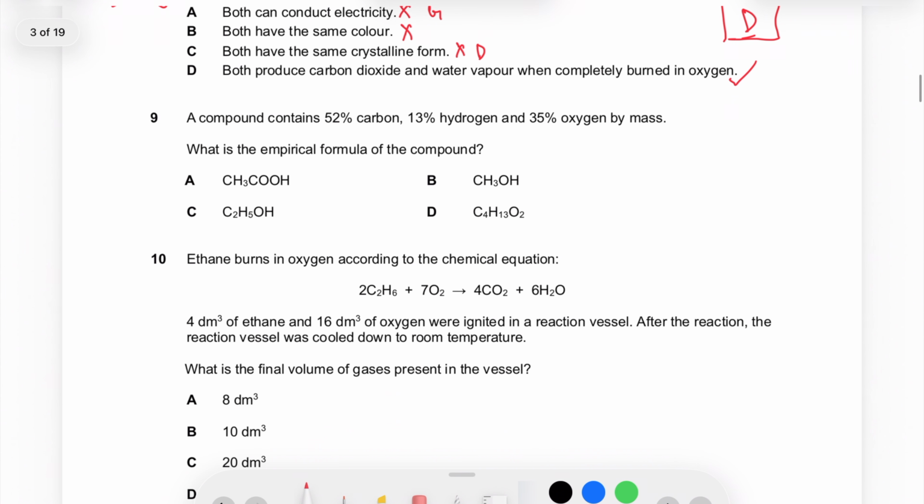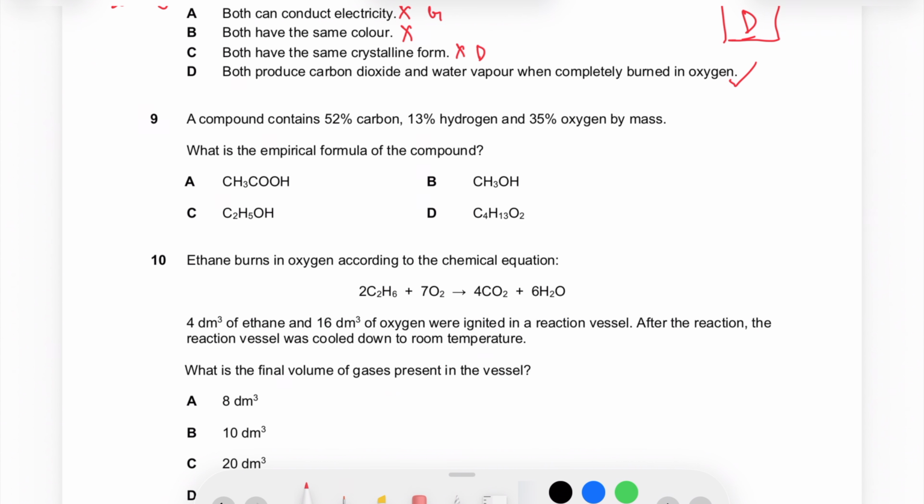Okay. Empirical formula. So you have carbon. So let's write the element first. Carbon, hydrogen, oxygen. Okay. So next you will write the percentage mass, which is 52, 13, 35. And then your Ar: 12, 1, 16. Then it's mole. So it's mass